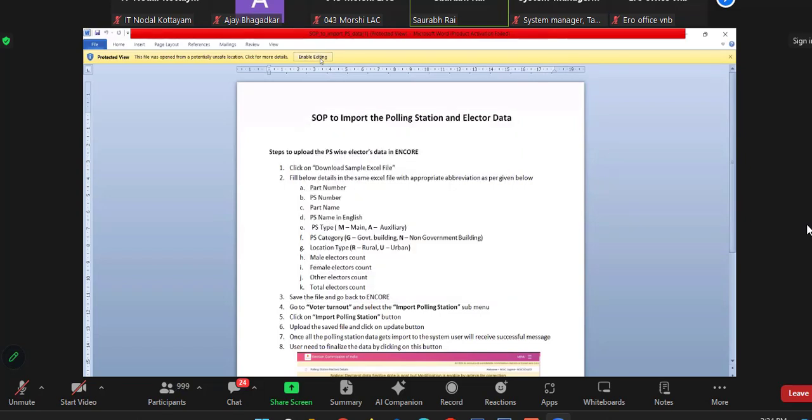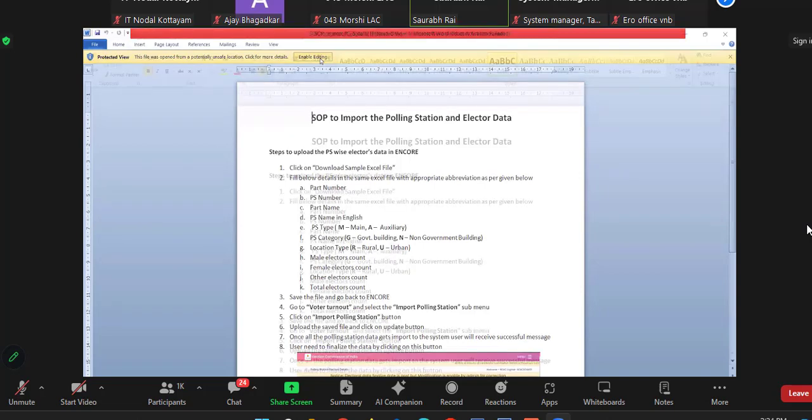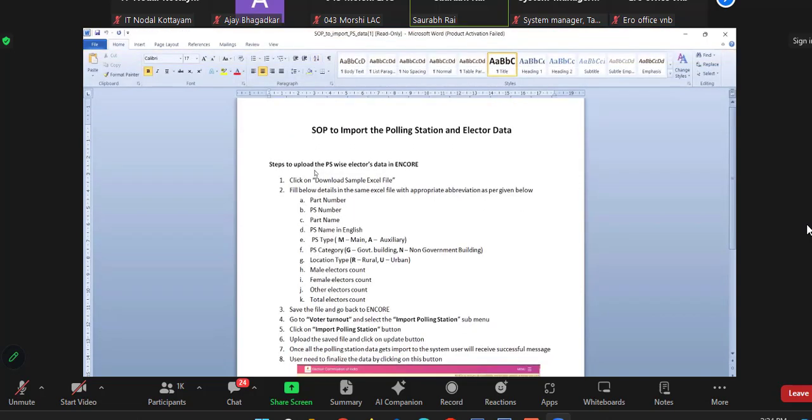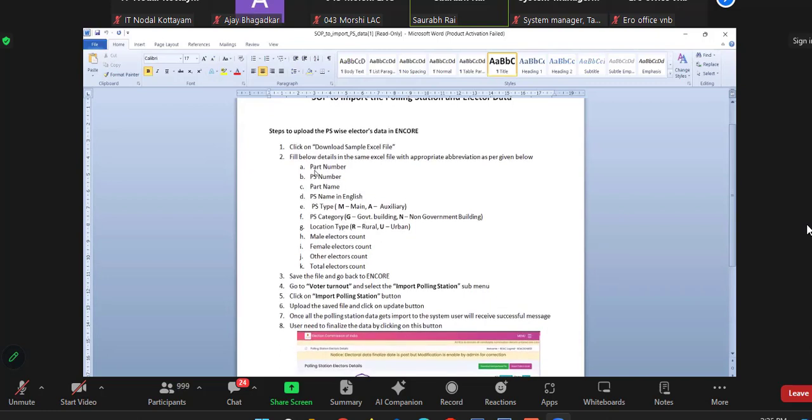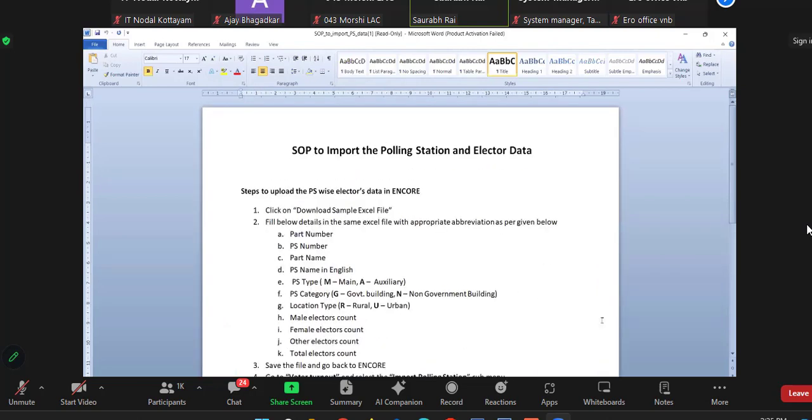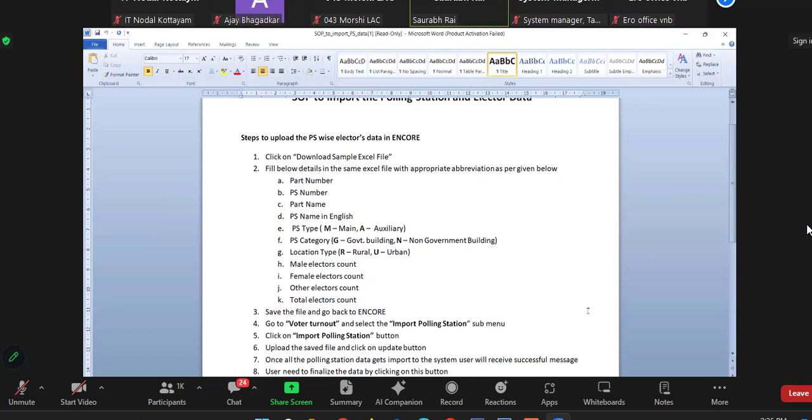There you will get a sample CSV file in which you have to prepare your data in Excel format. So first you have to go to that portal, the Encore system, and download the CSV file. Now what you have to enter: first the part number, then PS number, then part name, then PS name in English. After this, you will have one category, that is PS type. There you have to mention what is the type of polling